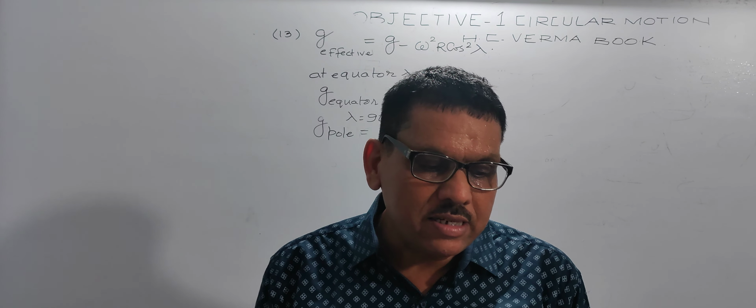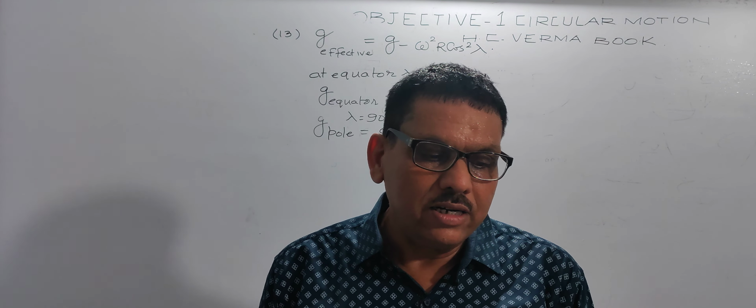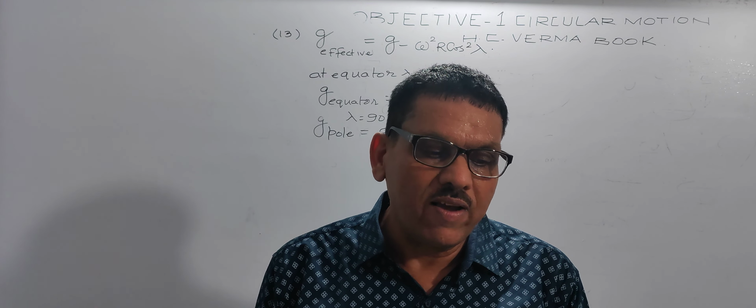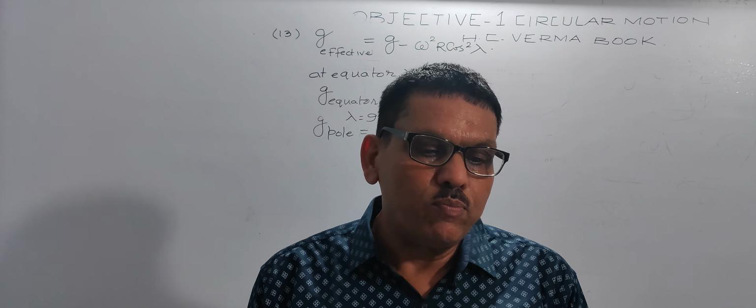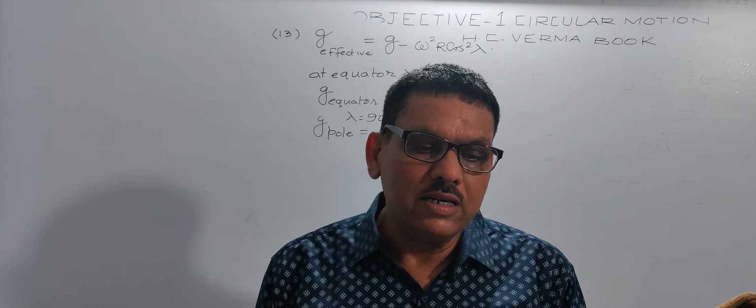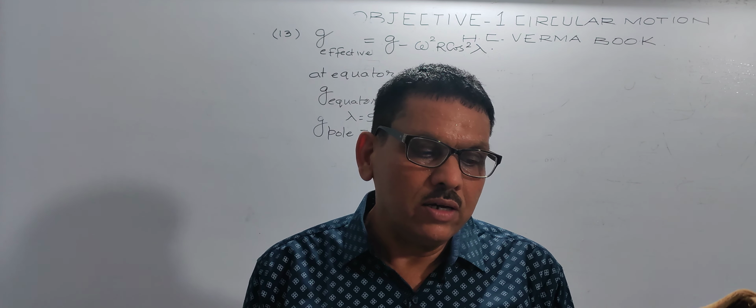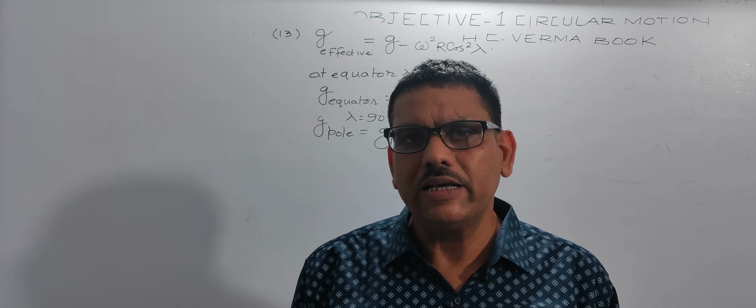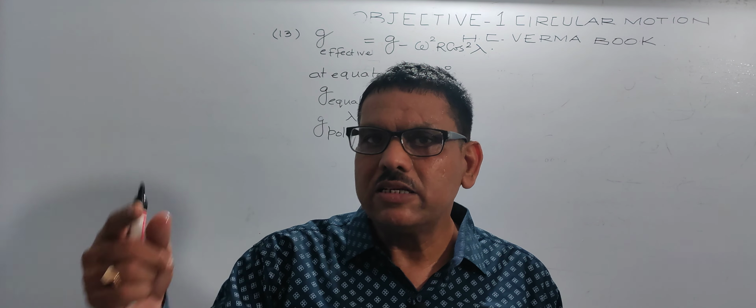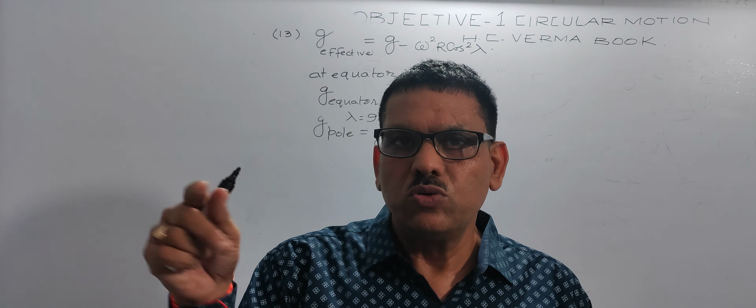And question number 16: let theta denote the angular displacement of a simple pendulum oscillating in a vertical plane. If the mass of the bob is m, the tension is mg cos theta only at the extreme position. Why? Because at the extreme position V is 0, so the tension will